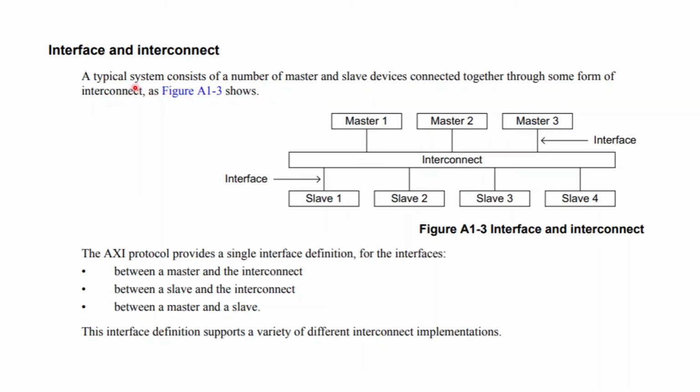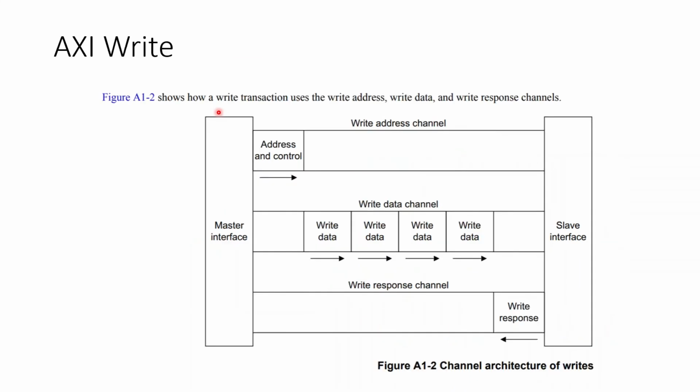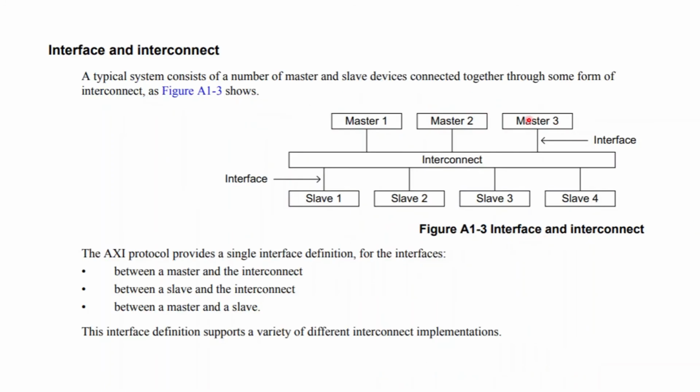Next we have something called the AXI interconnect. Why should we go for an interconnect? That's because the AXI read and AXI write which we saw are for a single master and single slave interface, whereas in a regular embedded system we'll have a lot of masters and slaves which have to communicate with each other simultaneously. Therefore we have the interconnect, wherein all the masters and slaves interface together.